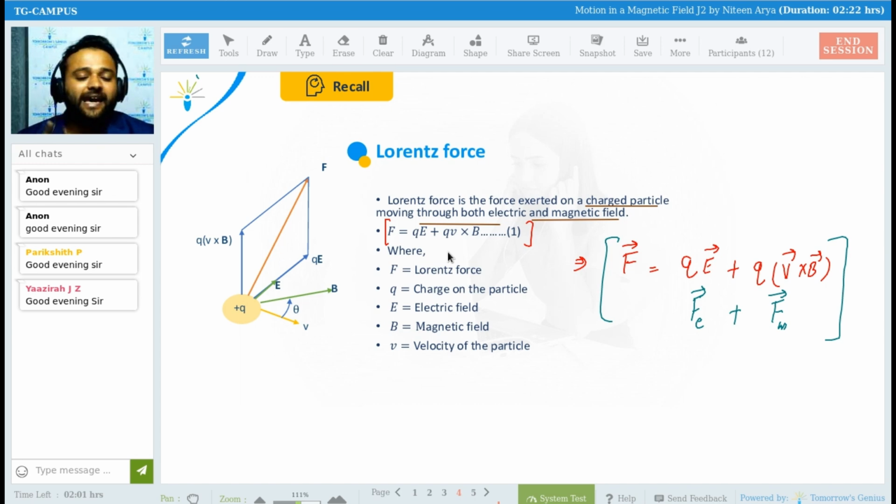Second thing, if there is any question worth more than 1 mark, and you know which question is more than 1 mark, you need to write a number of steps, at least 2 or 3. And for any question which is only for 1 mark, try to write that answer as short